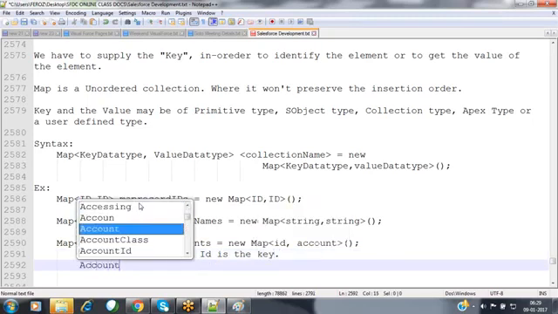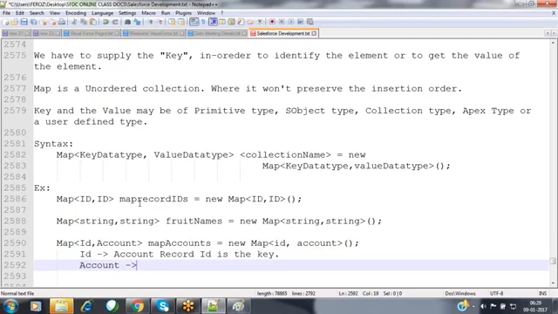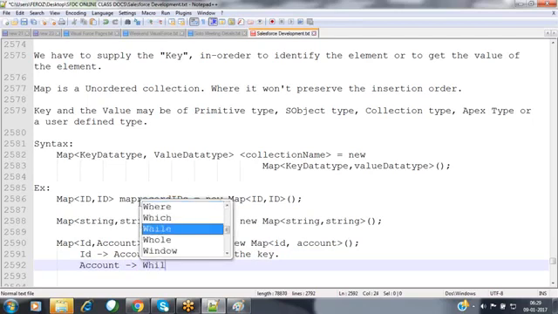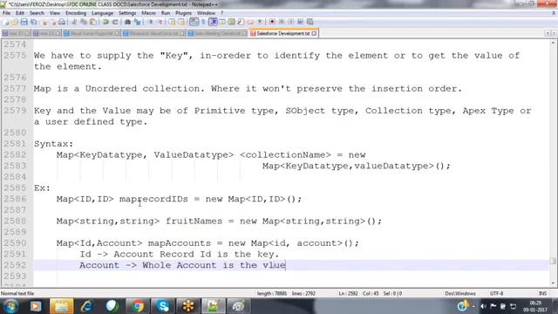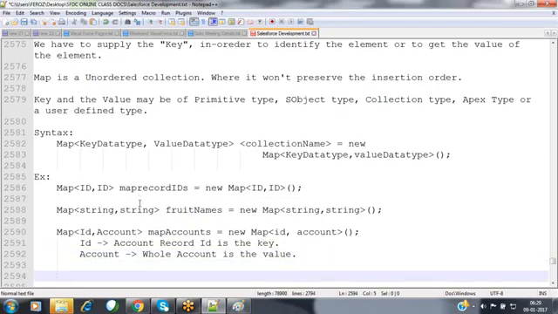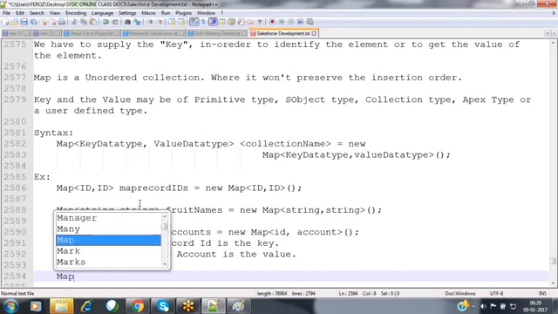We can fit the complete account record here based on this ID.